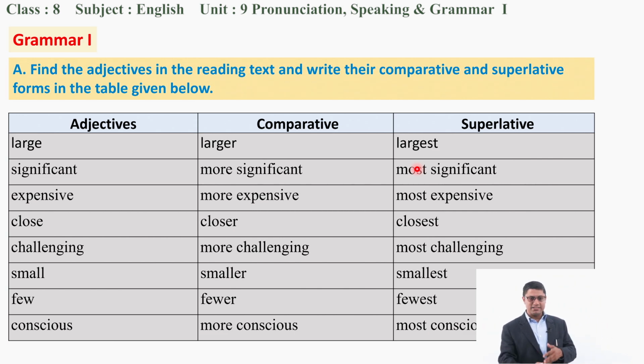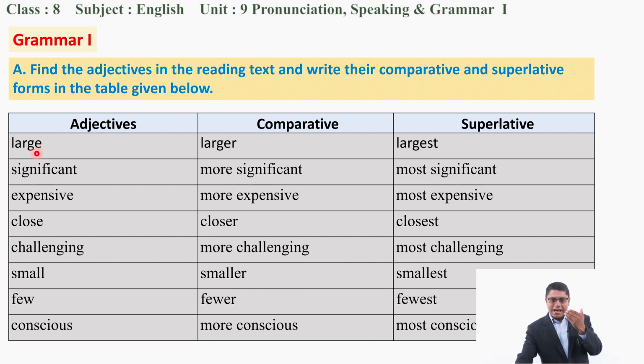Okay, do not worry, listen then. See there, look at large. Read it, pronounce it. Large. So it has just one syllable, meaning we pronounce it at once. So it's a short word, and that's why we have added er in comparative and est in superlative. But look at the next word. Read it, pronounce it. How do you pronounce it? Significant. See there, do you pronounce it at once? No, you have more syllables here.